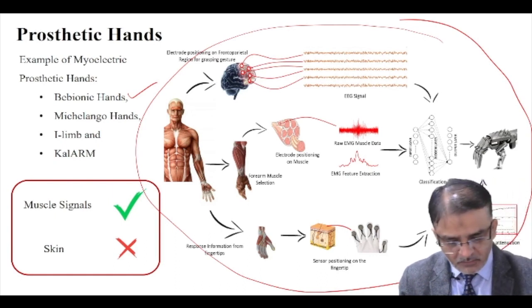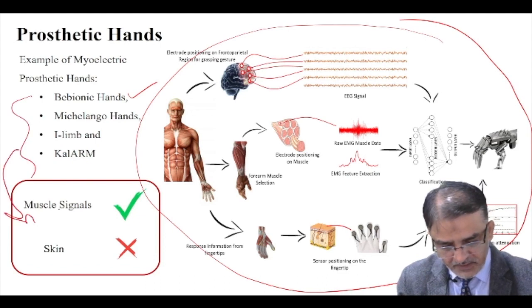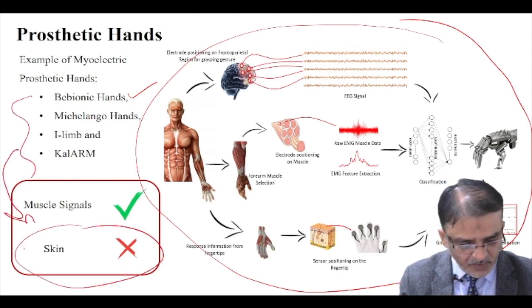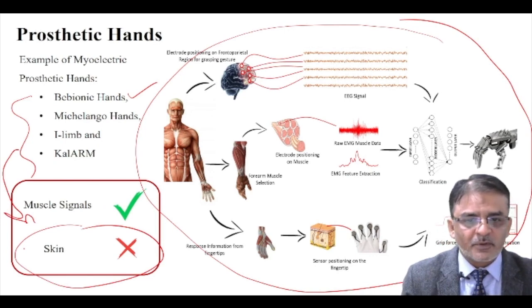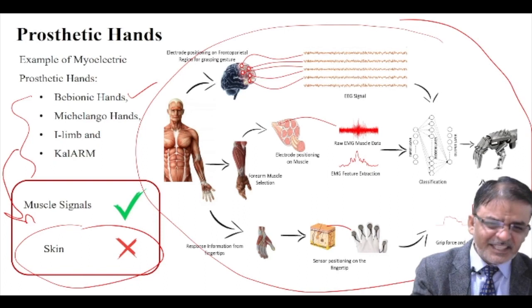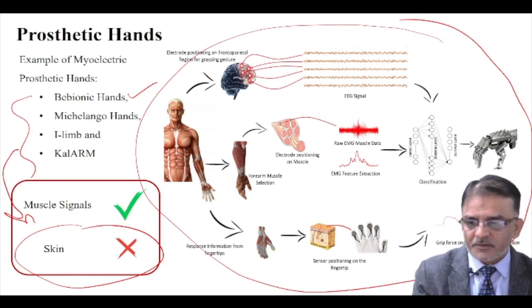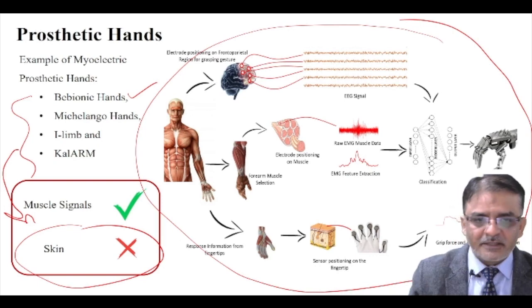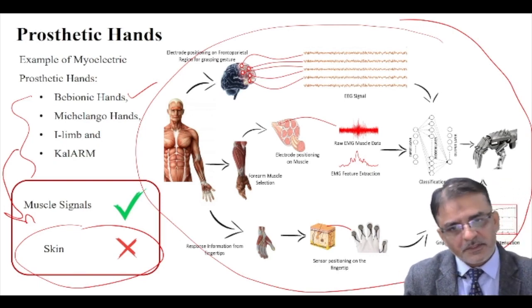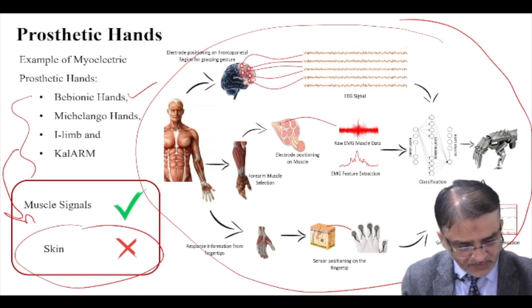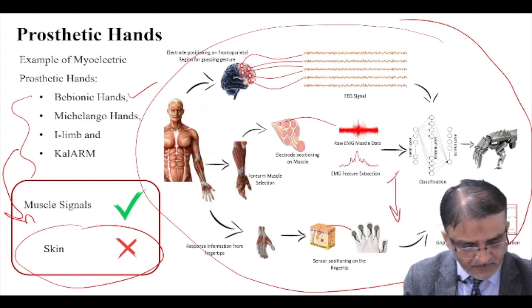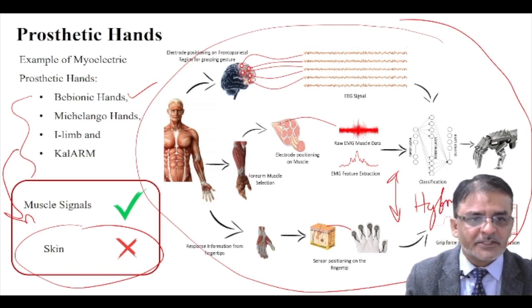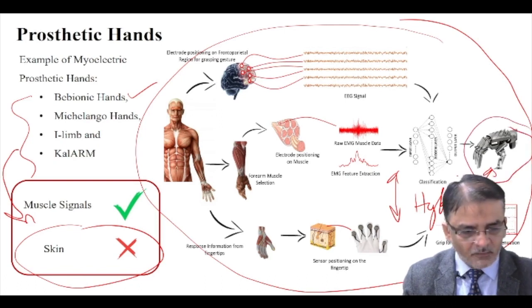Most of these are based on muscle signals, but very few studies are found on skin-based signal processing. Skin has receptors of pressure, receptors of force, and other feedback systems we can acquire from it. So skin also gives us certain feedback. So we want to hybridize these two signals, these two pieces of information, so that we can run the prosthetic device more accurately than in its present form.